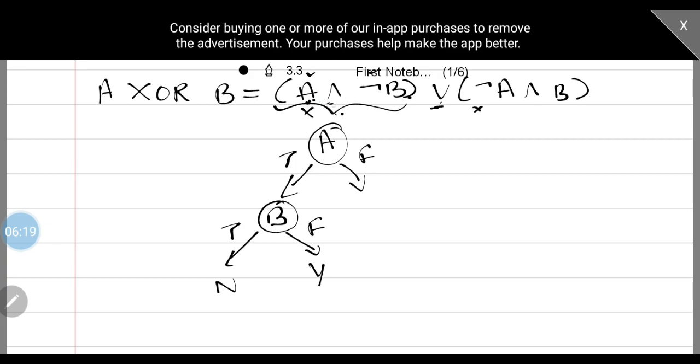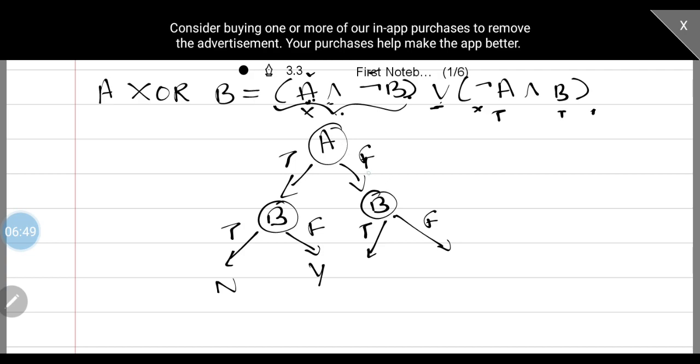So since a is false, we can go for the right hand side expression, examination. So here we are going to take b again. The expression is negation a and b. So negation a should be true and b should be true to get true as the value. In the same way, now a is false, right? Negation a will be what? True. So here again add two paths, true and false paths.